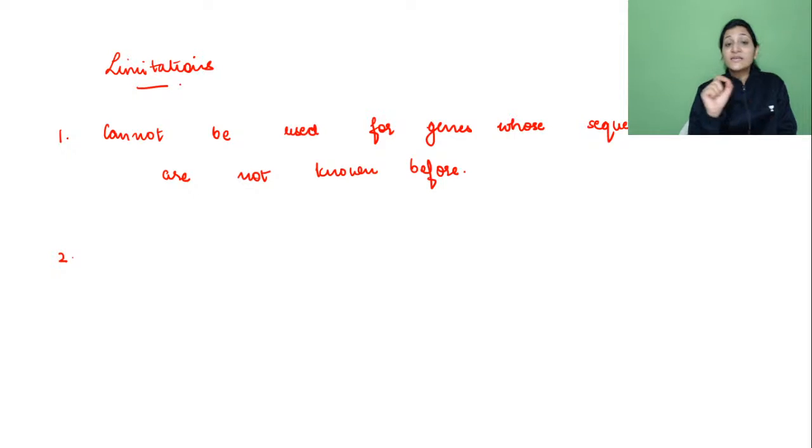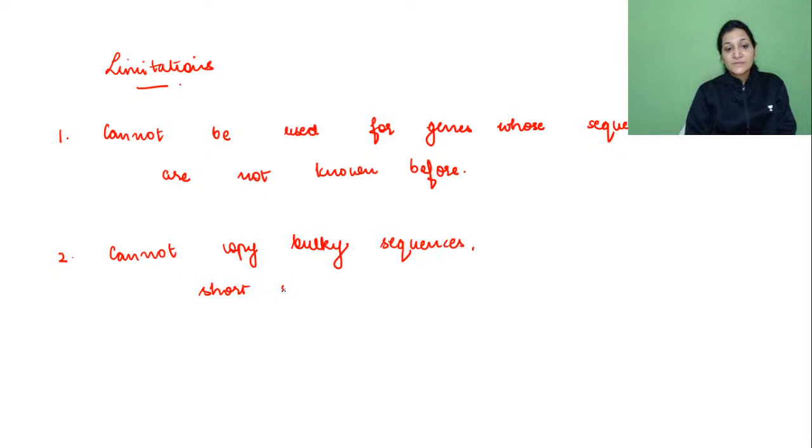Then there is a limit to the length of the DNA sequence that can be copied by PCR. 5 kilobases can be copied very easily, and segments up to 40 kb can be dealt with using specific techniques. But for longer genes, specifically in humans and vertebrates, cloning must be done for the smaller sequences. So we can write another limitation: cannot copy bulky sequences.